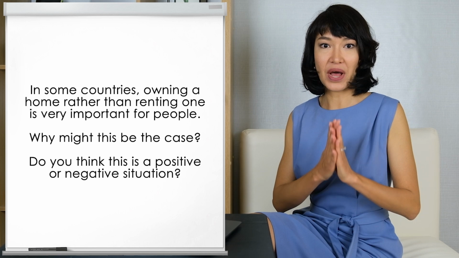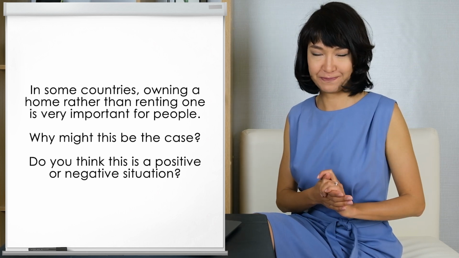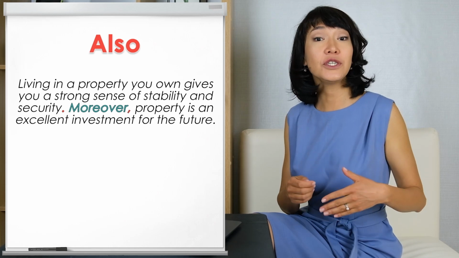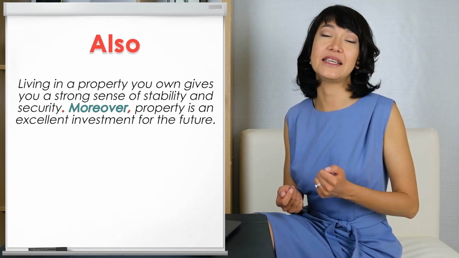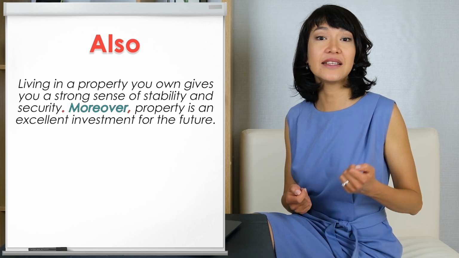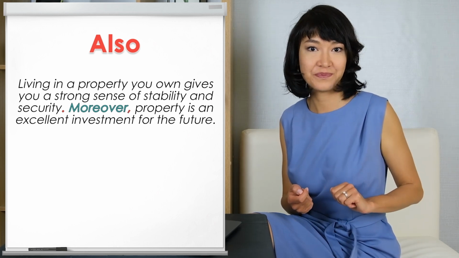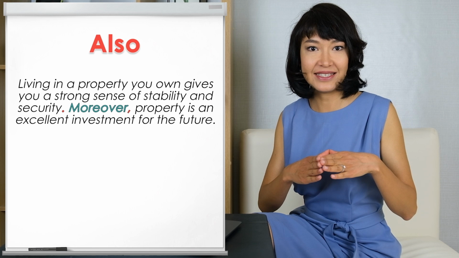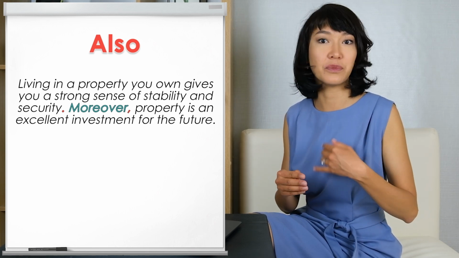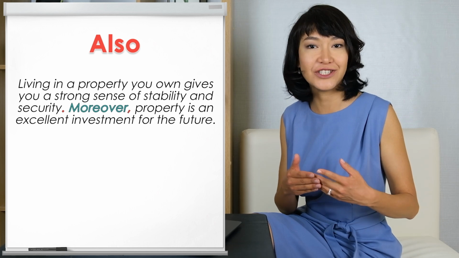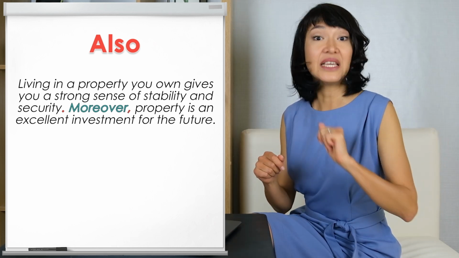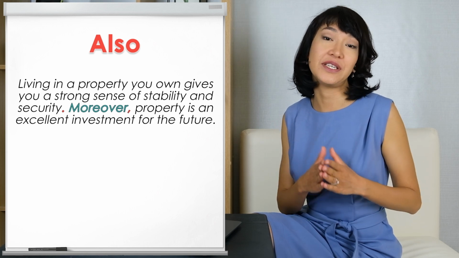Look at this example. I want to make 2 important points. Living in a property you own gives you a strong sense of stability and security. Moreover, property is an excellent investment for the future. Joining 2 ideas like this in 2 sentences, with the second one beginning with either moreover or furthermore or in addition, with all 3 usually followed by a comma, is an excellent way to present your ideas in a task